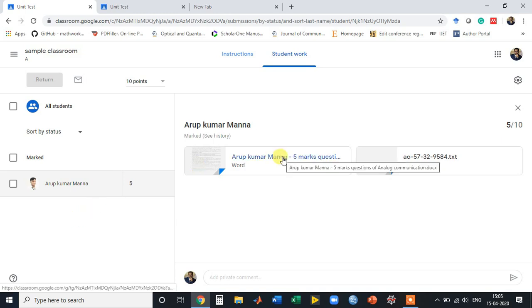So this is how teachers and students can use Google Classroom in a very effective way for sharing tutorials, lecture videos, and PDF material for study, and also very effectively to take exams, say midterm exams, unit tests, etc., online without any hassle.